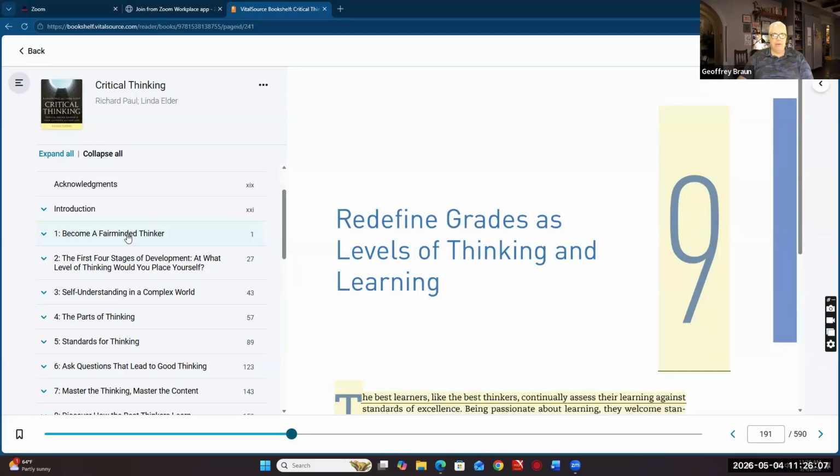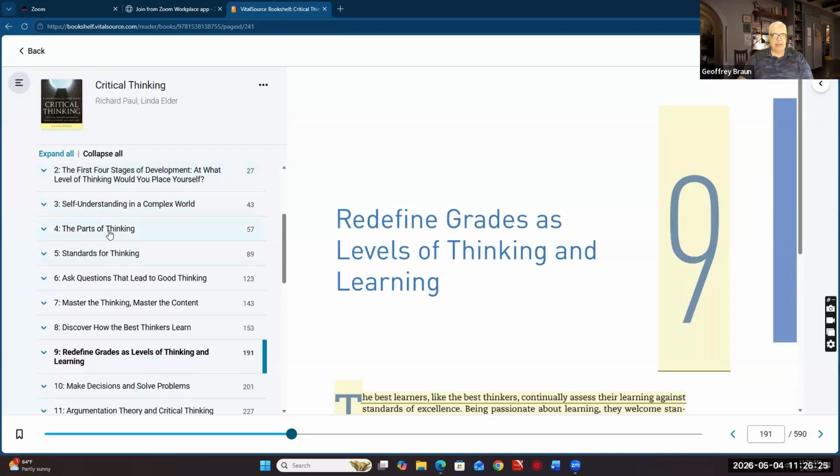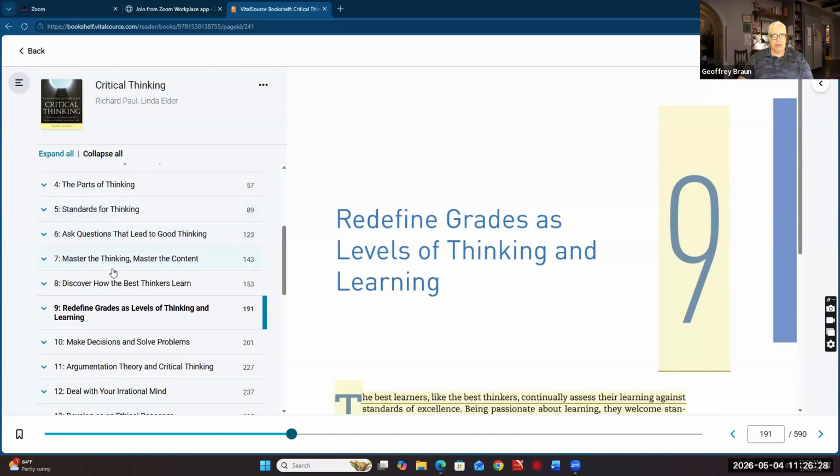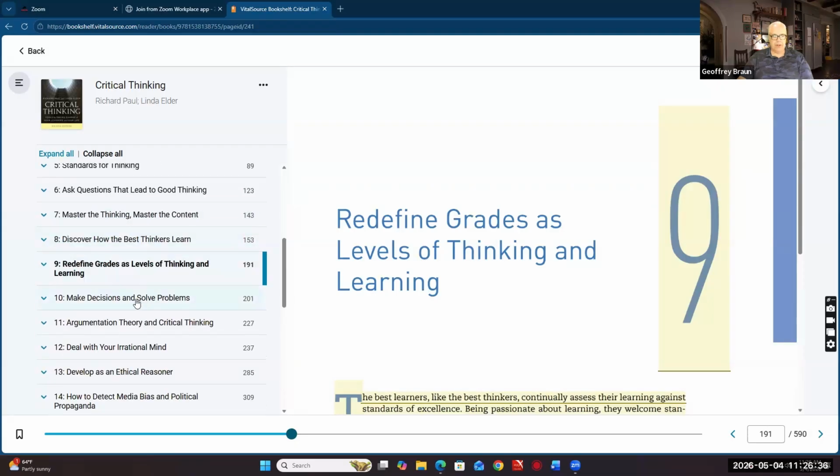So that's the title. Then you have the introduction. This is kind of introductory stuff. It kind of sets up the background, sets the tone. Take a look at, what do we need to know foundationally, right? And that's the first couple, three chapters. And then you get into the thinking. So this is the developmental section, all about thinking. Today we're talking about redefine grades as levels of thinking and learning, right? And as you can see, the developmental section goes on about in regards to thinking as regards decisions, problem solving,